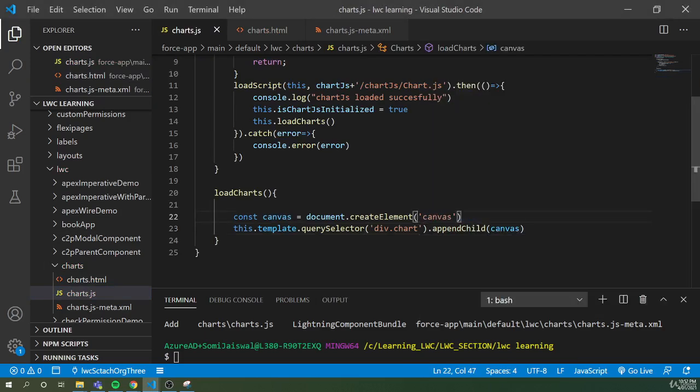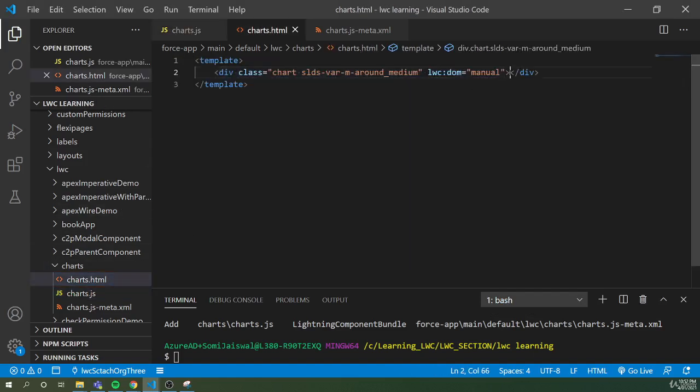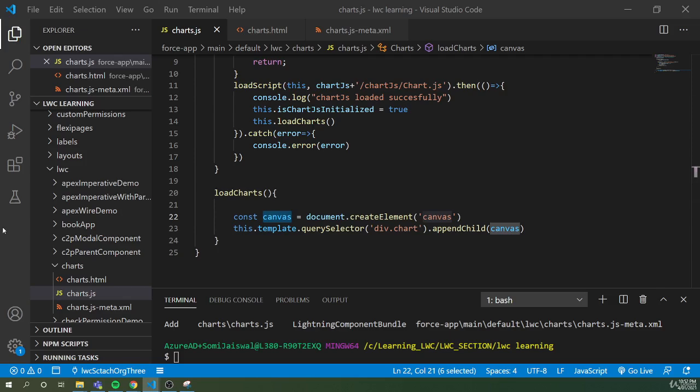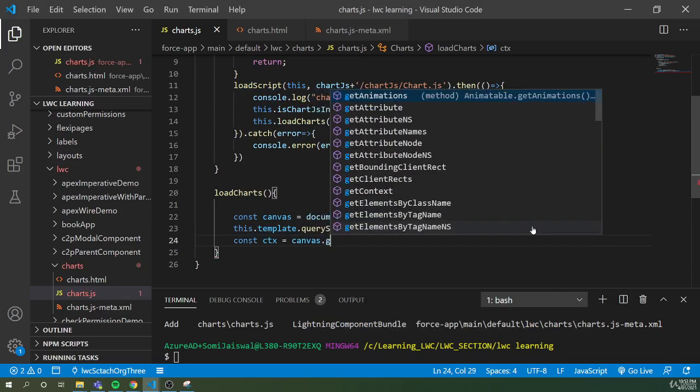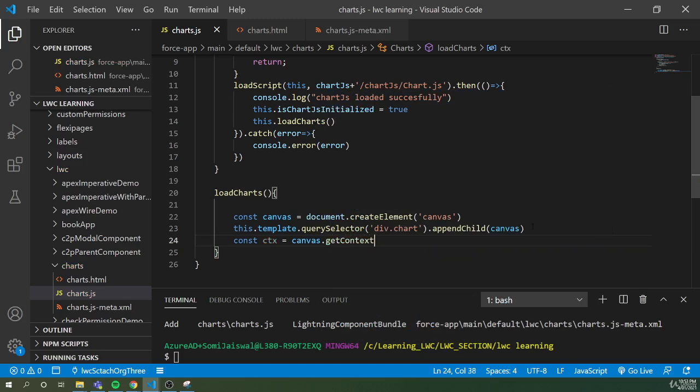While running this line, a canvas tag gets created dynamically like this, and then we'll create a context for the canvas. We'll say context equal to canvas.getContext('2d'),